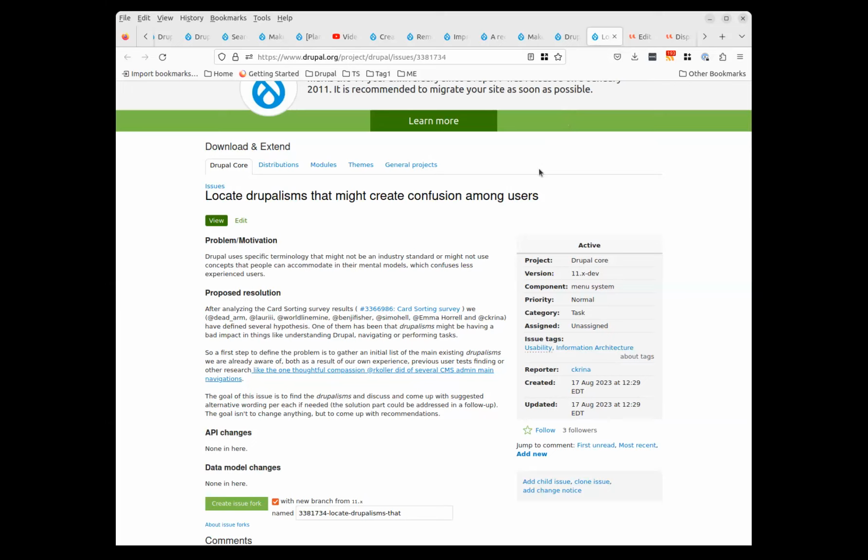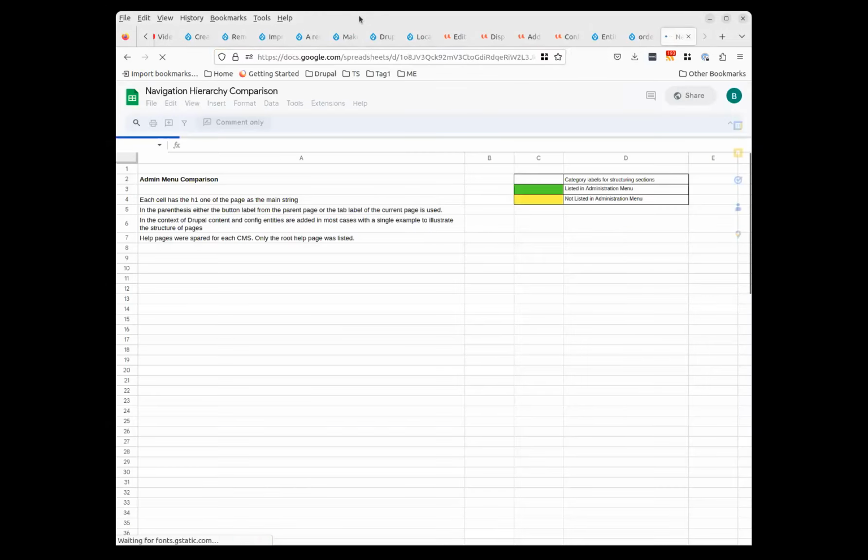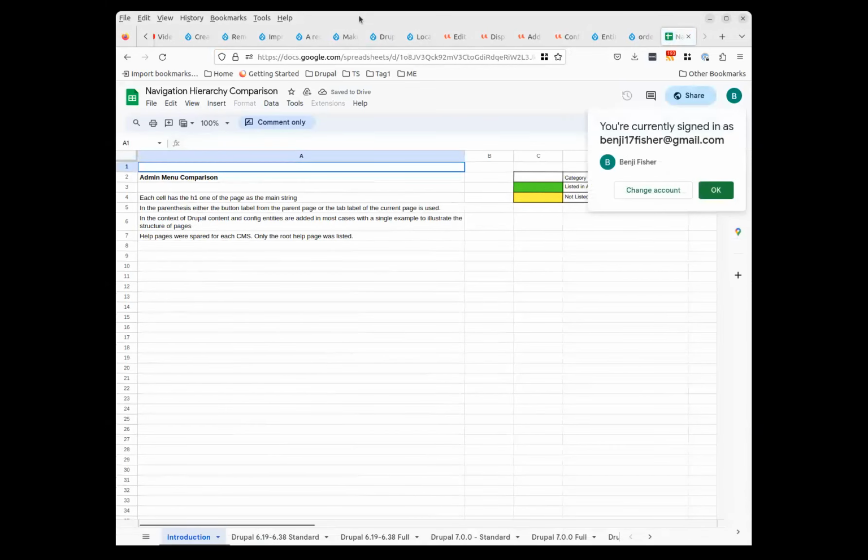Form and display and view modes might be an example of that. We want to find a way to describe that in a way that doesn't confuse people either, because if that's a very specific thing that Drupal does in a way that Drupal does it, a Drupalism, so to speak,